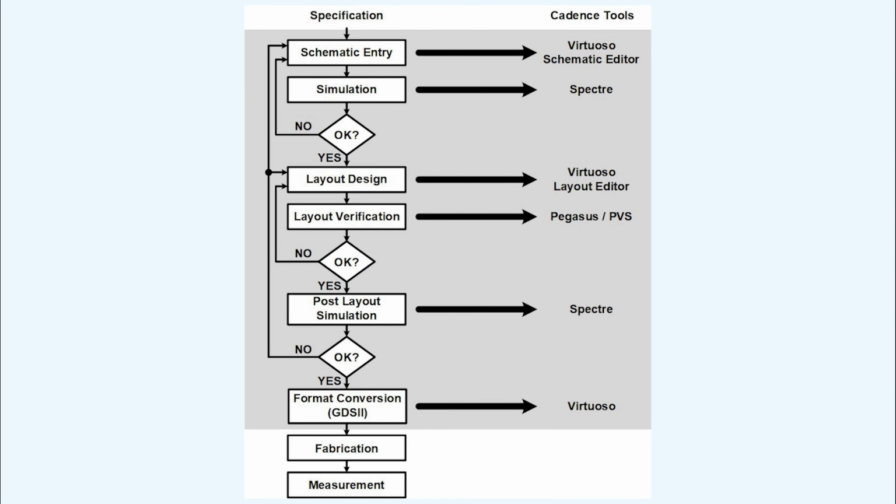This is the flowchart of custom IC design. First, the specifications are given, which define what the chip should do. Based on these specs, the schematic is created, which is the blueprint showing how the circuit will be designed. Next, the schematic is designed using Cadence Virtuoso, and simulations are run using Cadence Spectre software to check if the